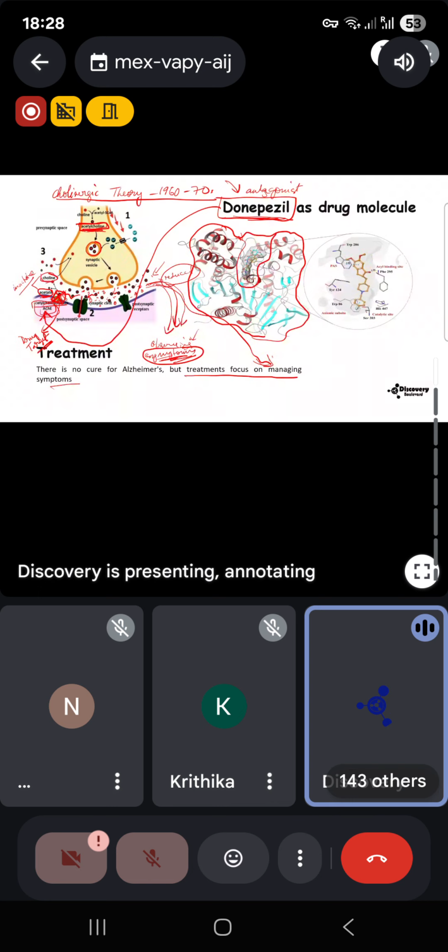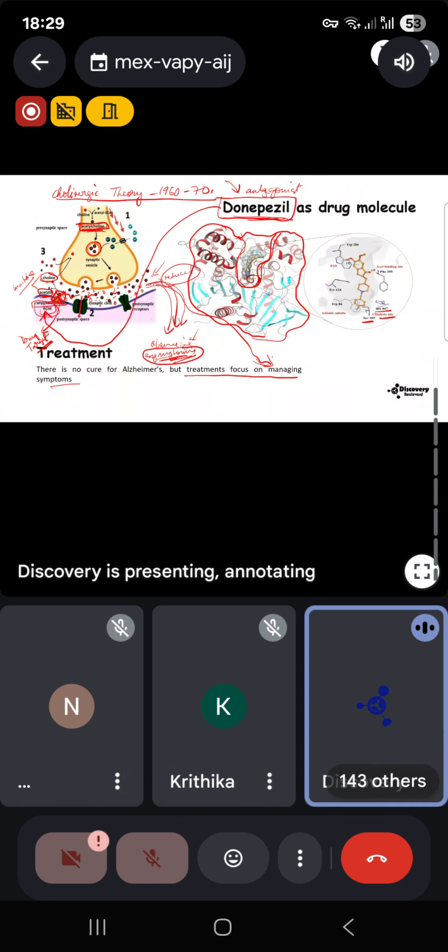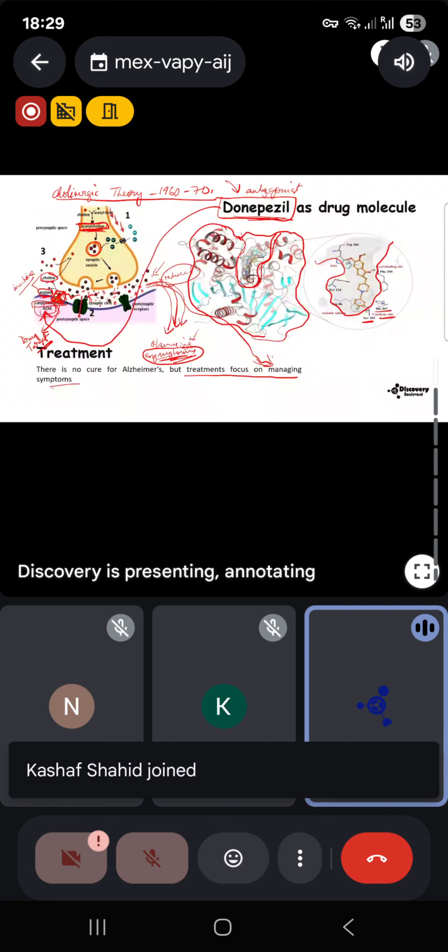Okay, we will be calling this the active site pocket. Why are we calling this the active site pocket? Because the catalytic residues serine 203 and histidine 447 reside in this particular pocket. So it forms kind of a channel. So this is donepezil, and this is how it comes and sits inside the pocket of this particular enzyme and